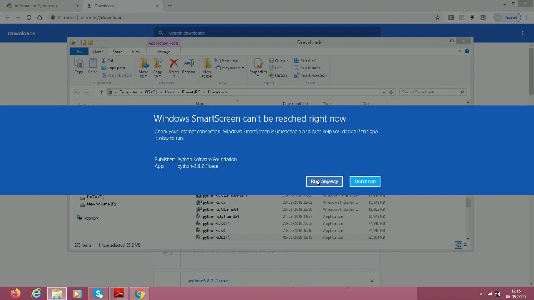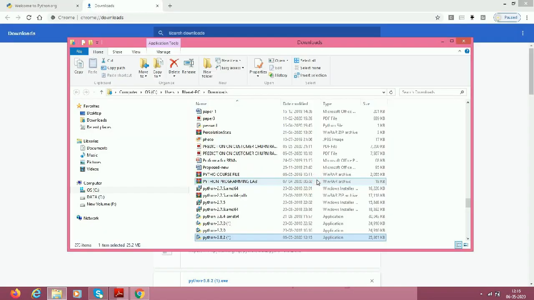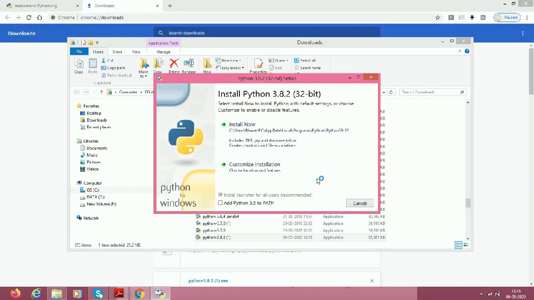Now the Python setup will begin. Click add Python 3.8.2 to path. After that, click on install now.